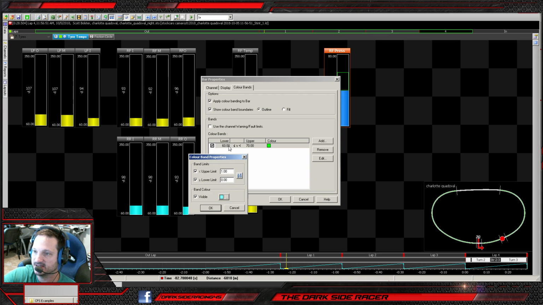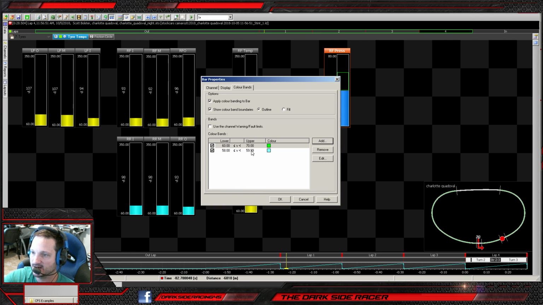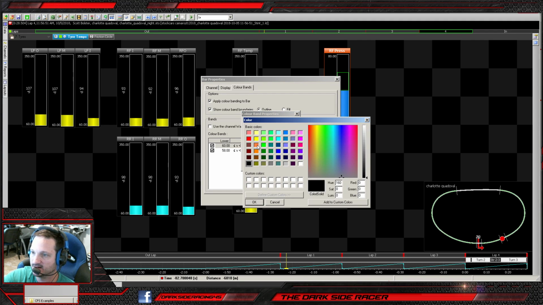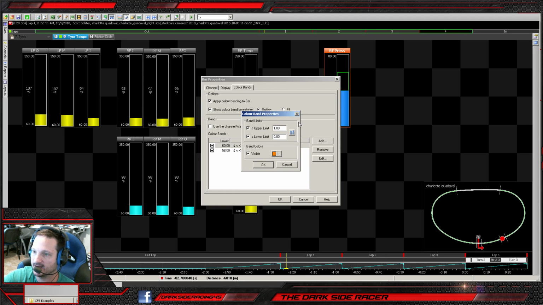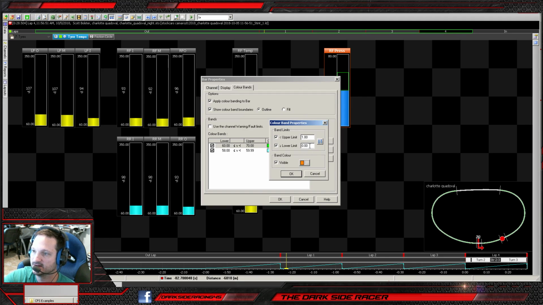And we see the lower side is 60, so let's do 59.99. And the lower limit is, say, 58.00. Okay? So now you're kind of cold. Then you can add, all right, you're kind of getting too hot. All right? So we can do the lower limit of this would be